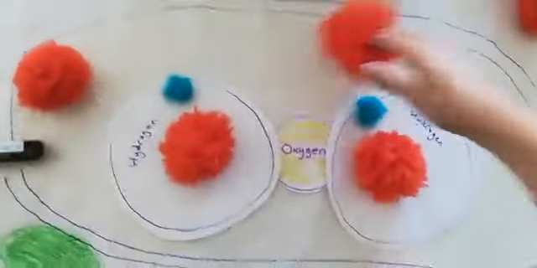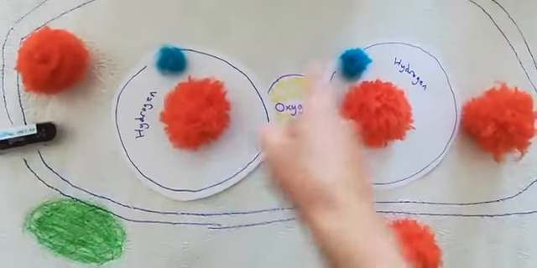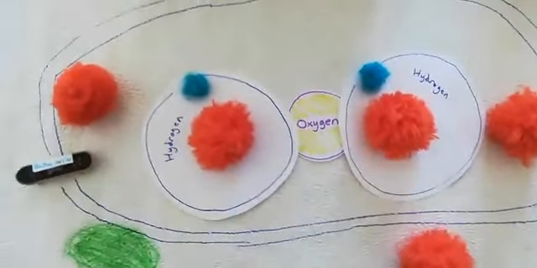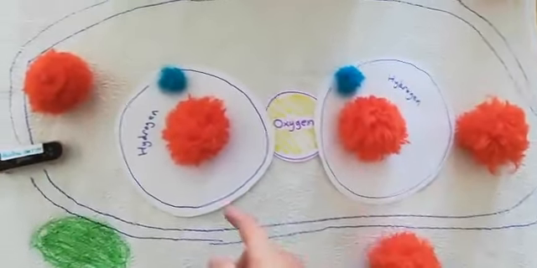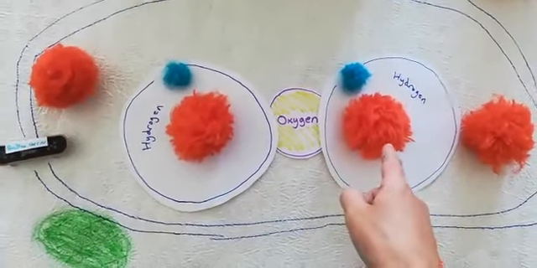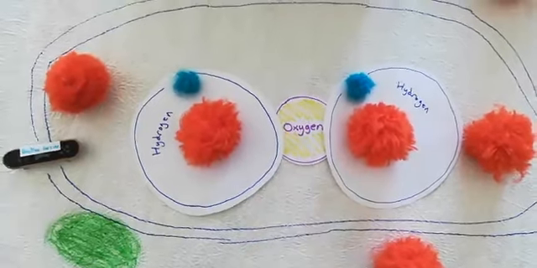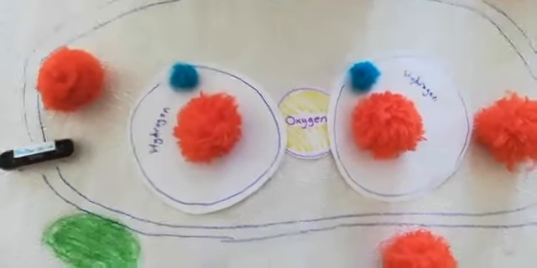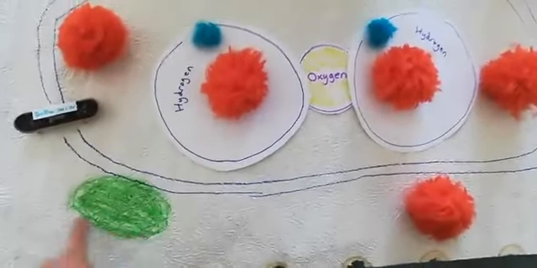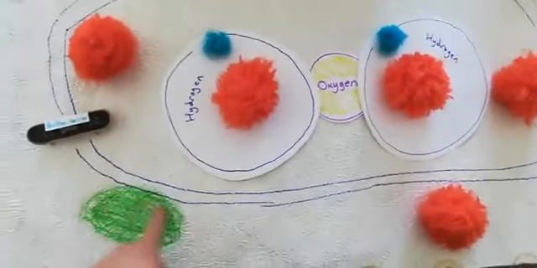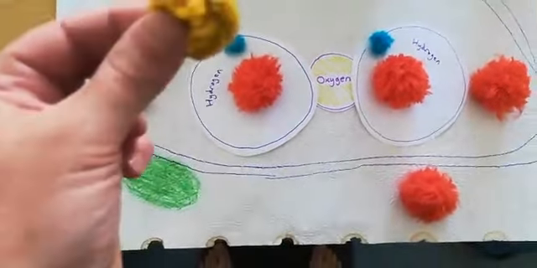All right. So what we have here looks a bit weird, but this is a particle of water. Water, you might have heard it called H2O. That just means it's got two hydrogen atoms attached to one oxygen atom. So the first thing that happens inside this pancake is that, here's the chlorophyll down here. Chlorophyll is green. That's what makes the whole plant look green. A particle of light